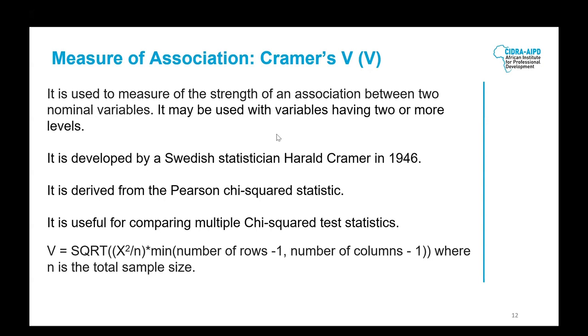It was developed by a Swedish statistician, Harald Cramér, in 1946. It is derived from the Pearson chi-square statistic, and it is useful for comparing multiple chi-square statistics and generalizable across contingency tables of varying sizes. And indeed, it is not affected by sample size, and therefore it's very useful in situations where you suspect a statistically significant chi-square result, but possibly the result was due to large sample size instead of any actual substantive relationship